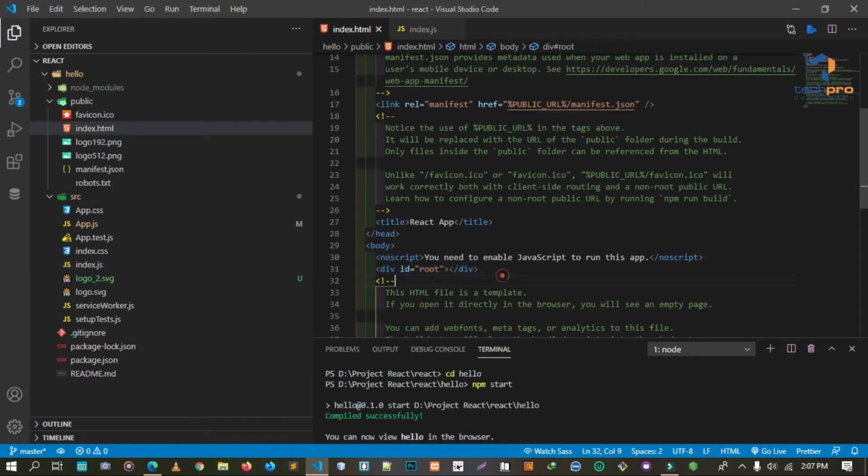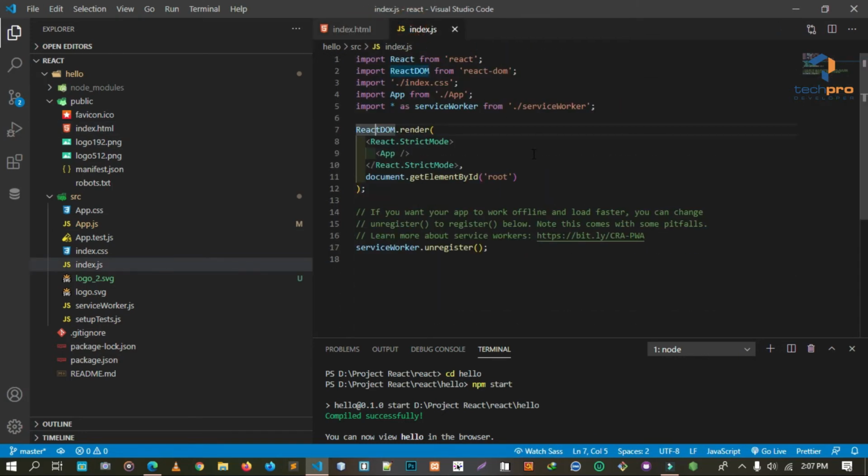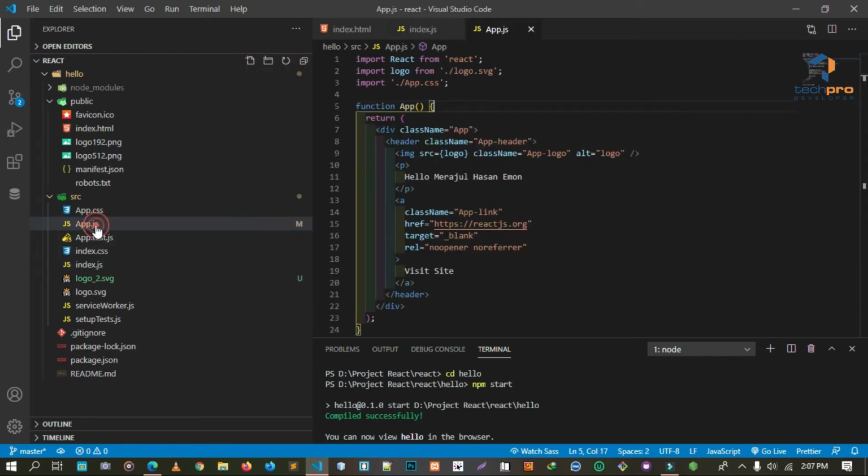We call this div element the root DOM node because everything inside it will be controlled by React. For the Hello World application, the App component is rendered inside the root DOM node. And that brings us to the App component, which is present in App.js. In other words, the App component represents the view which we see in the browser.